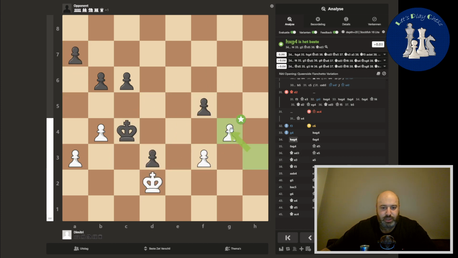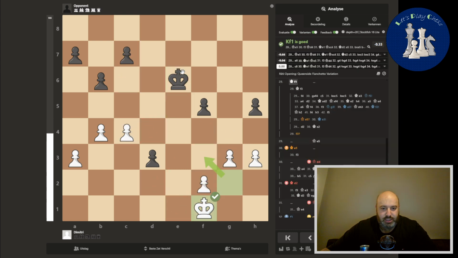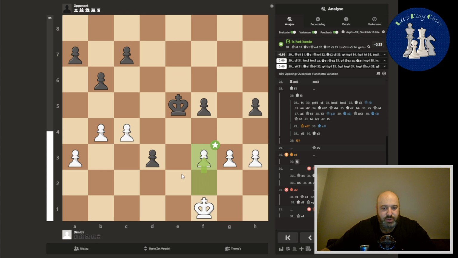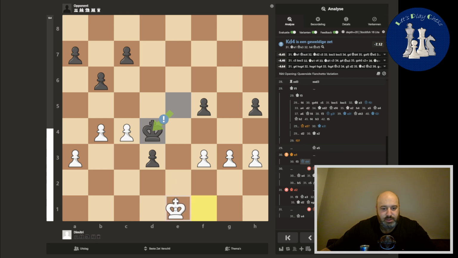It's so important to have a passed pawn to use as a deflection. And I should have been careful here with king infiltration. I should have noticed that this is my weak spot. So even here I should have gone here. And well, then king e1 and